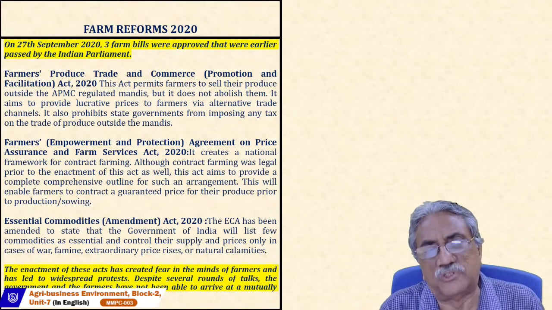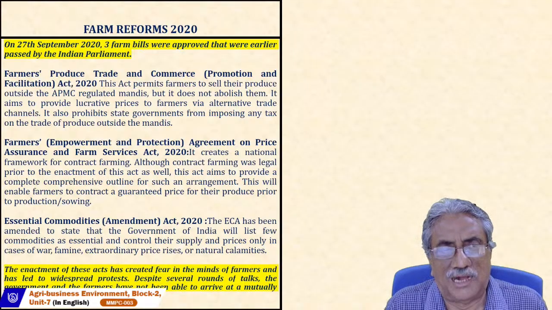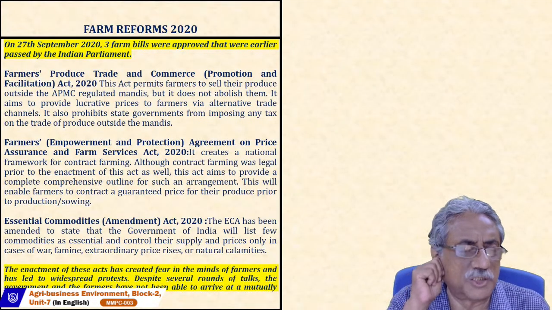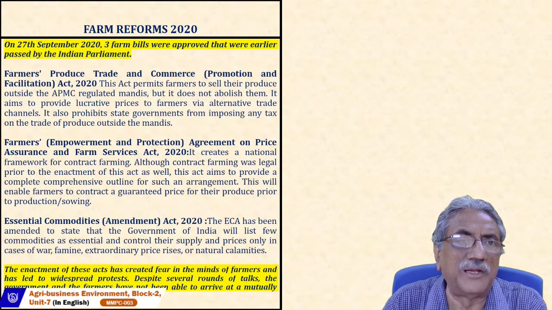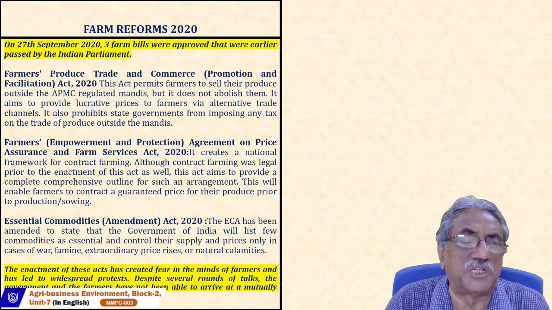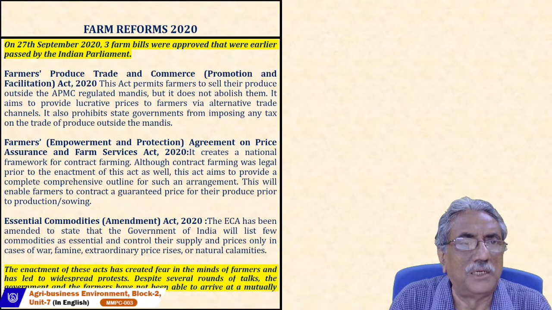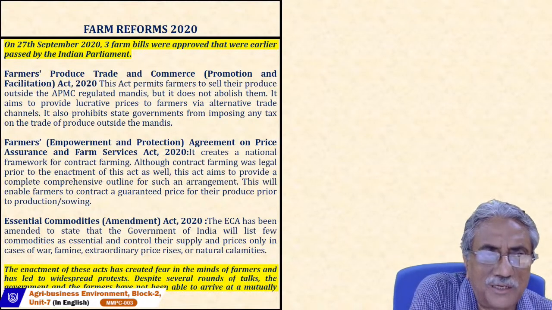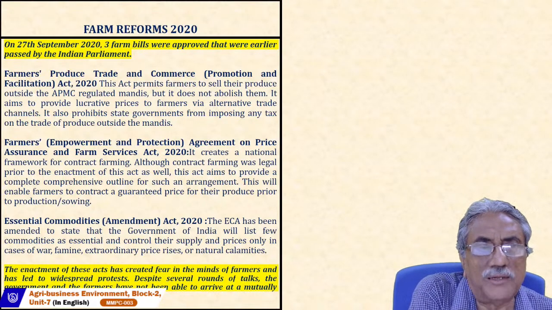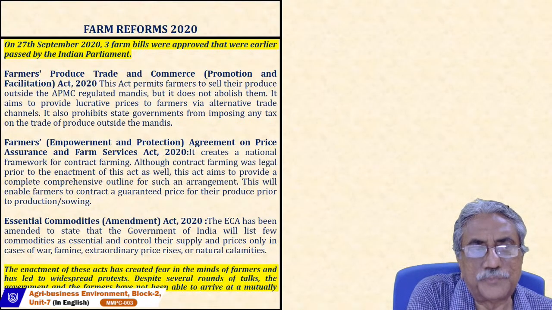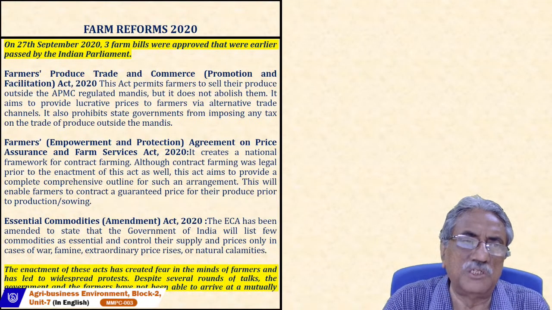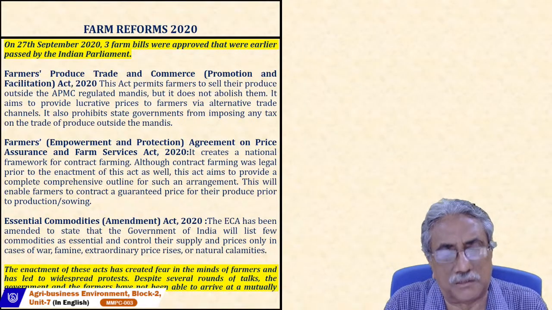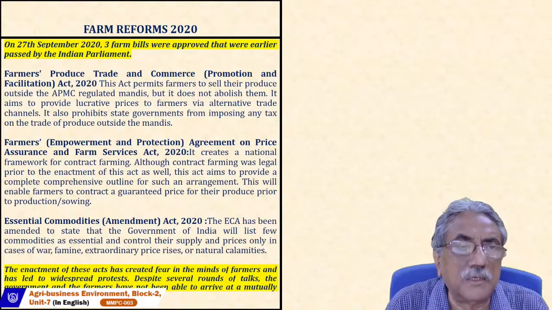Suppose I produce a lot of apples in Himachal, and the apple will be spoiled within a few weeks or something like that if it's not in the cold storage, and I bring it in the mandi, and the mandi person says, no, at minimum sales price our quota is done, we have taken it. So what they have to do, they have to go to the outside. Now he knows that this will be spoiled, so he will demand a lesser price. Farmers are losers. So this was a point of conflict between the farmers and the government over the act.